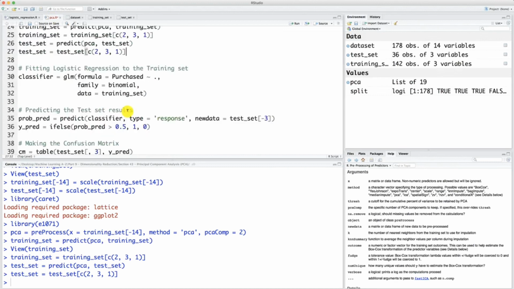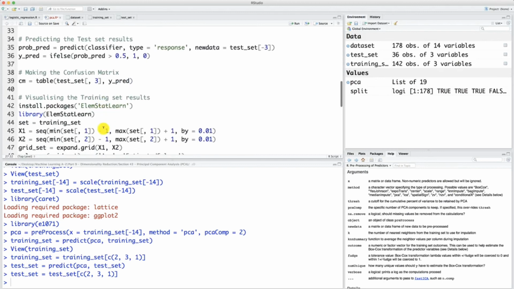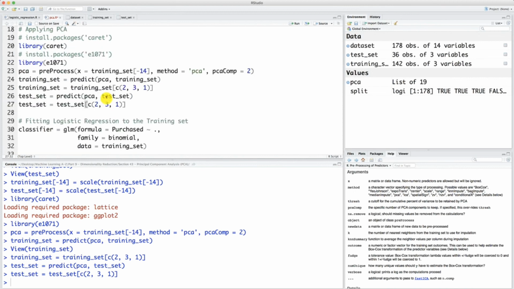and we are ready to use the following parts of the template: predict the test set results, make the confusion matrix, and eventually, that's the most exciting part, we will now be able to visualize the training set results because we now have 2 dimensions in our training set and test sets. So I look forward to visualizing these results in the next tutorial, and until then,